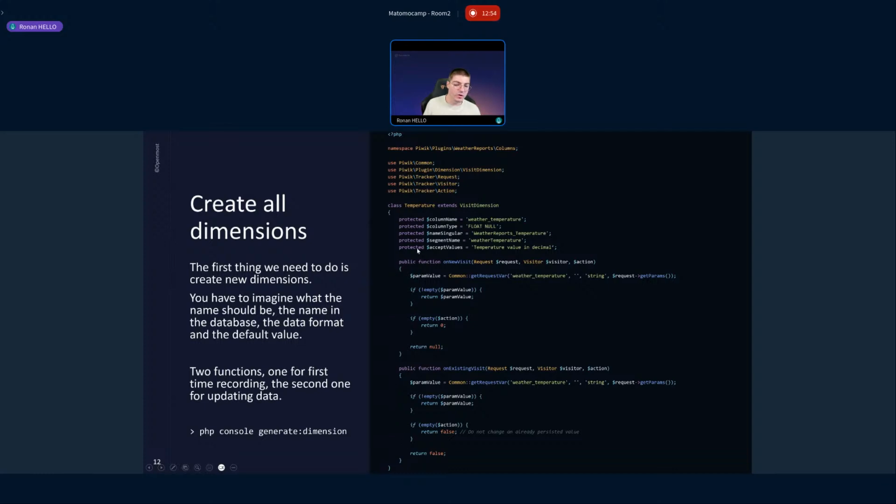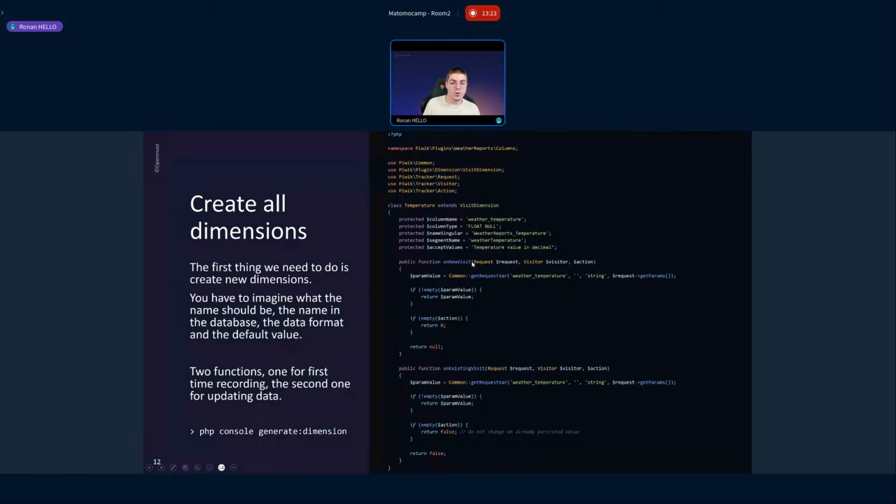Then I adapt the code that is generated here. So I didn't write this code, I just adapt the code. And here I just write weather_temperature exactly as I've written here in column names. So I could maybe override this just by placing the protected property, because it's protected, but I can maybe use the variables directly here. So as you can see, we have 2 similar or almost similar functions.